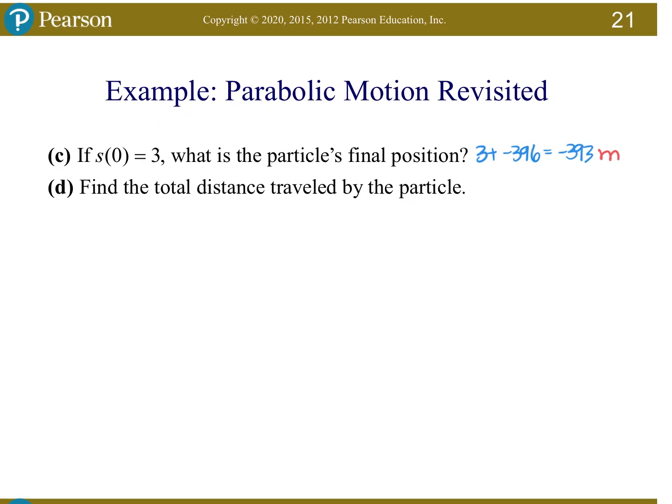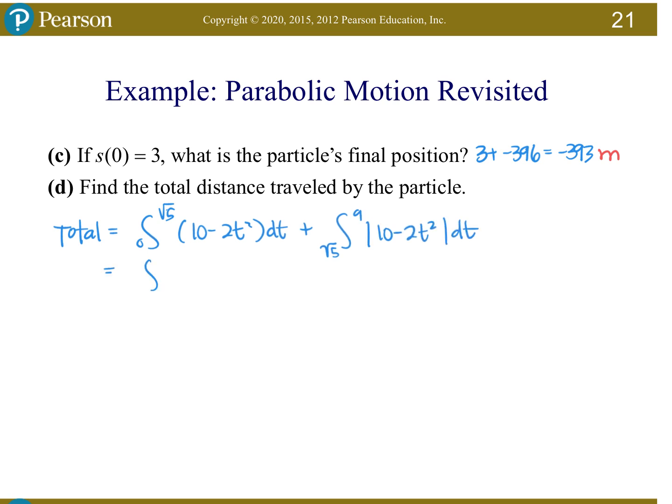All right, total distance. To find the total, we're going to separate this into 2 integrals. So we'll go from 0 to rad 5 of 10 minus 2t squared dt. Rad 5, I had it in my head. And then from rad 5 to 9 of the absolute value of 10 minus 2t squared dt, which really means